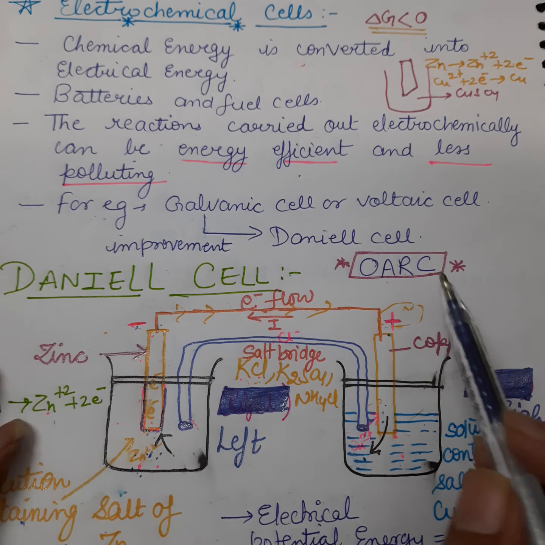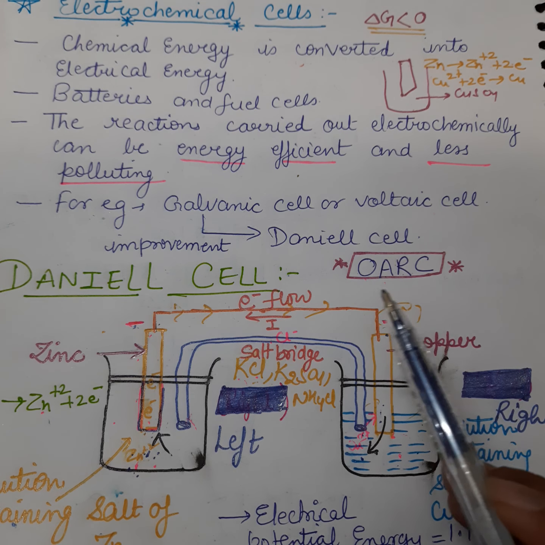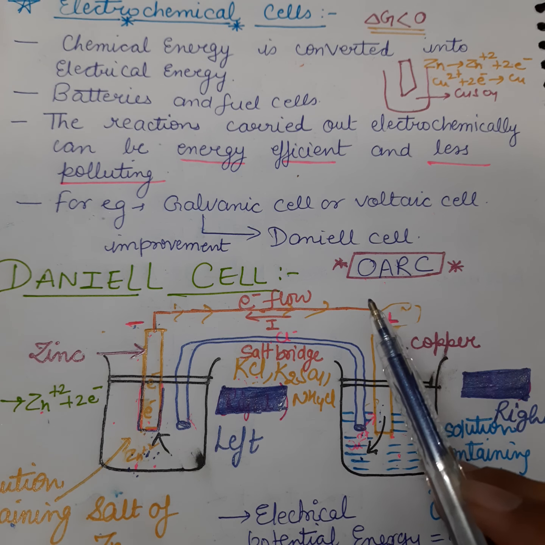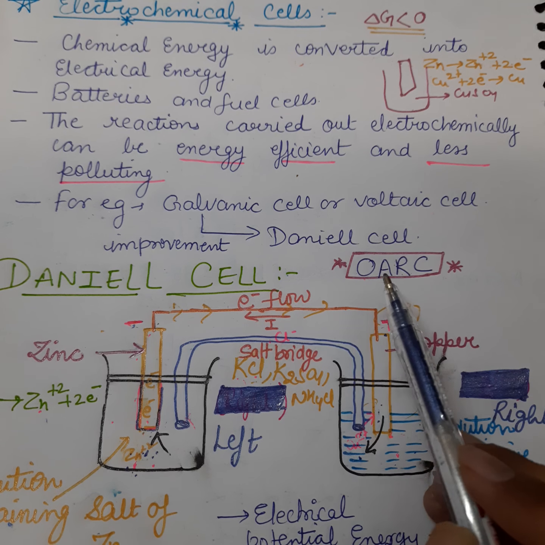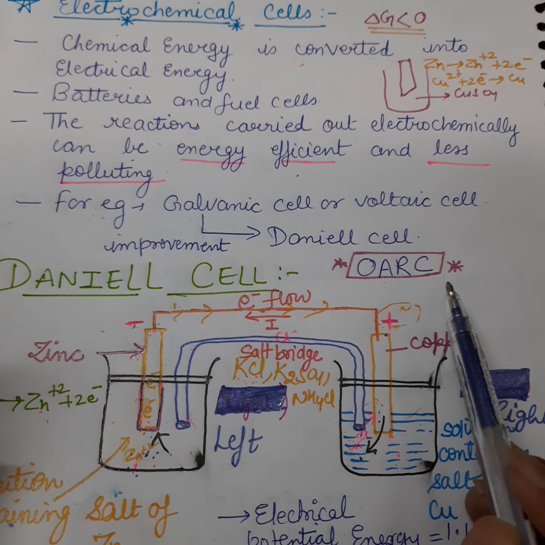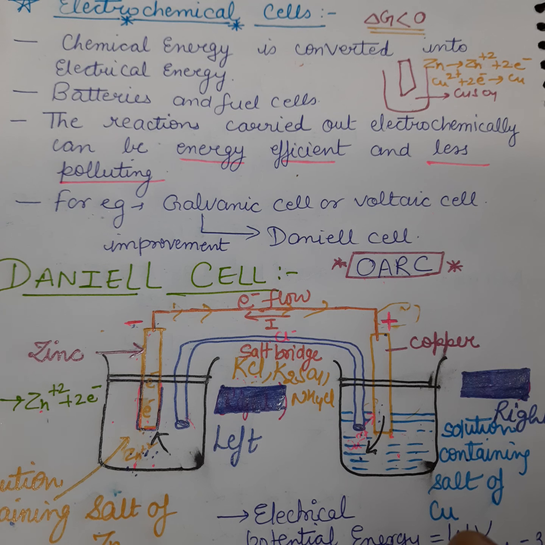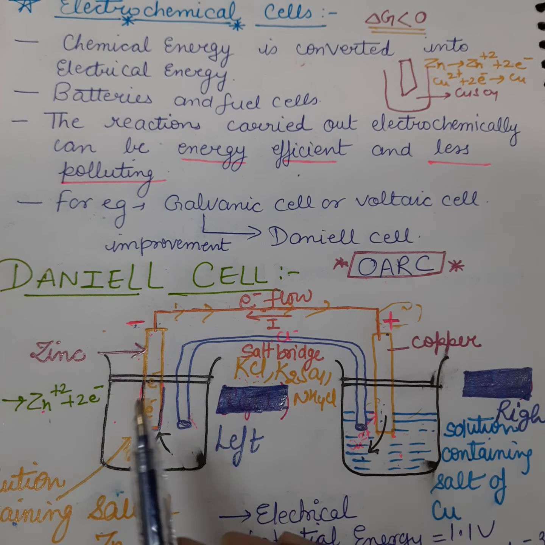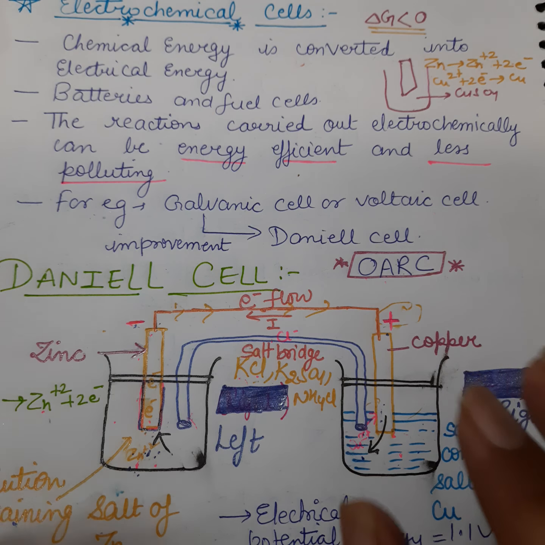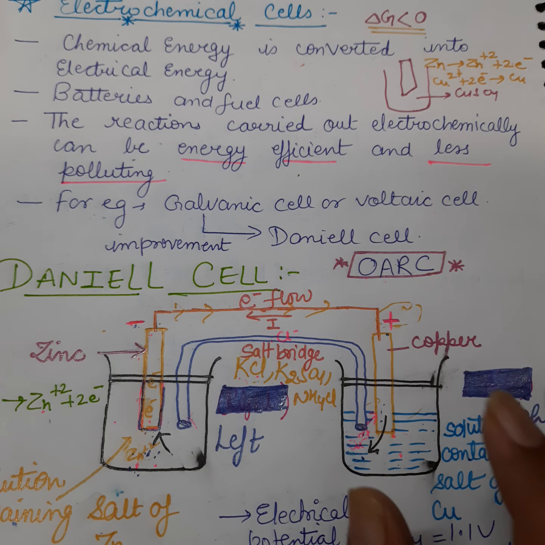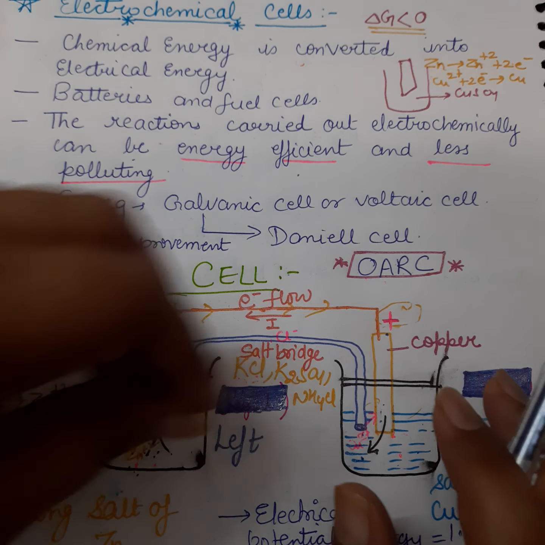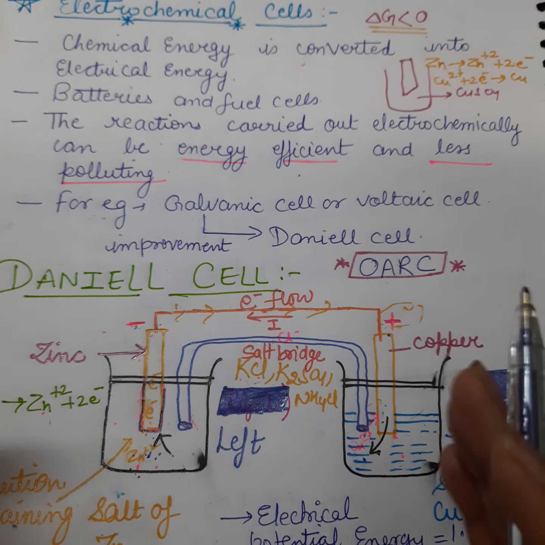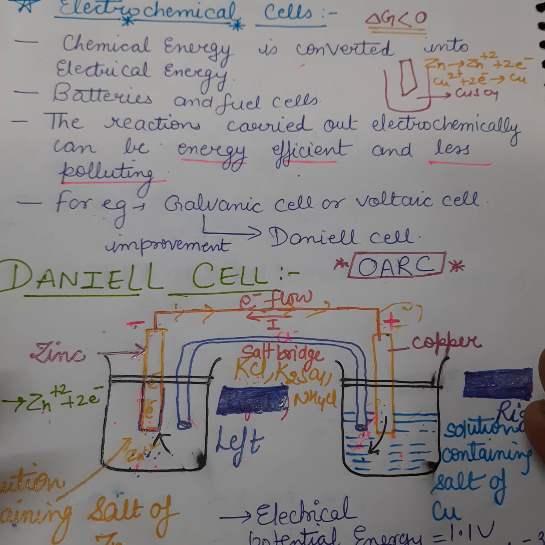All right students, so we can learn in a simple manner, that is OARC. To remember things for a longer time, we should use short terms, right? So oxidation occurs at the anode and reduction takes place at the cathode. So it is very much simplified. It is a mind map for how to learn the terms. So here in the zinc copper cell, the potential is 1.1 volt. And when we take the concentration of Zn2+ ions and Cu2+ ions, the concentration is taken as 1 mole per decimeter cube.